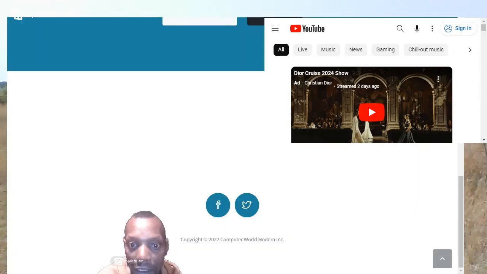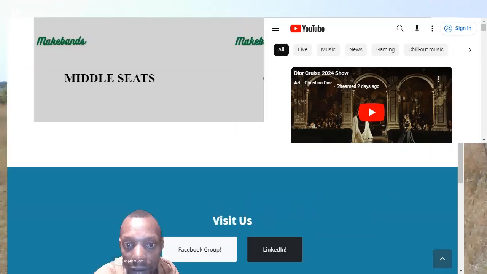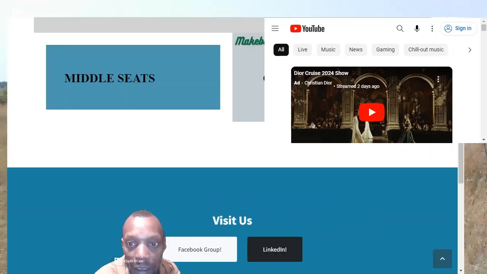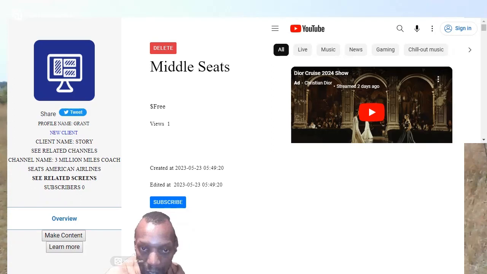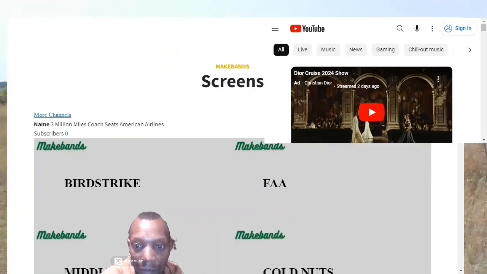Let's go to middle seats. So right now it's unprotected, it's public. No password required. You got one view. Okay, now let's go back and let's see the same password protected this time.